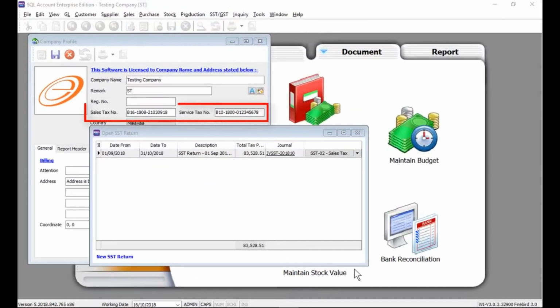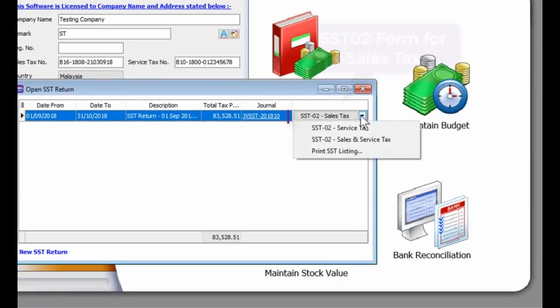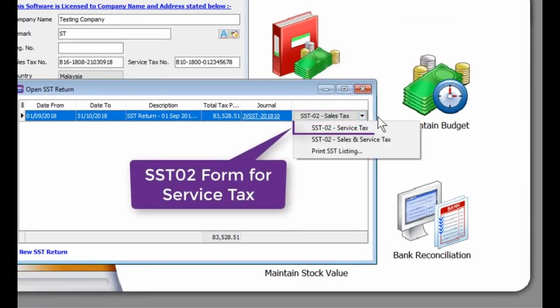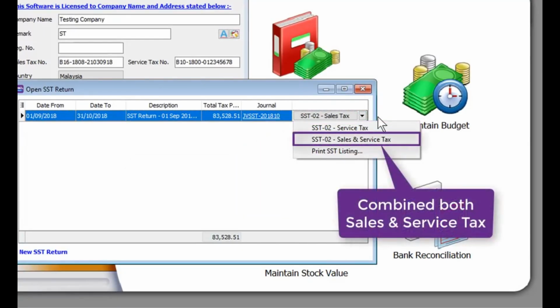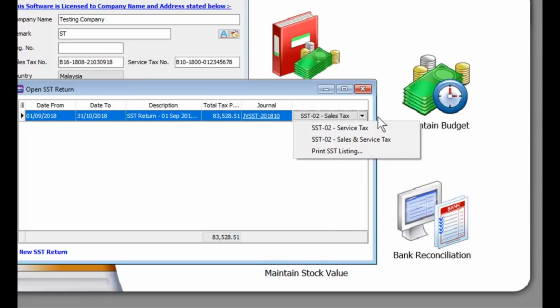If your company is subject to both sales and service tax, during process of SST, SQL will auto-generate 2 separate forms for sales tax and service tax. SQL will also generate SST for both sales and service tax in one form. Therefore, this is much simpler for